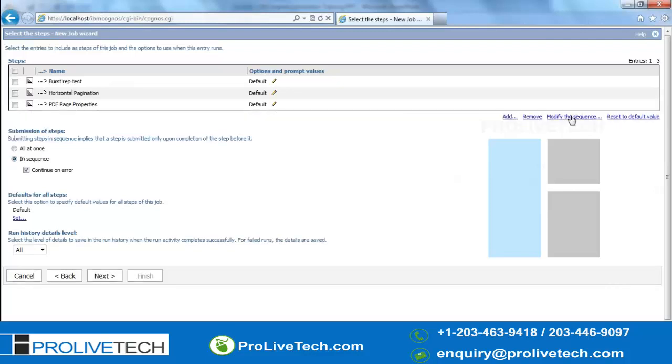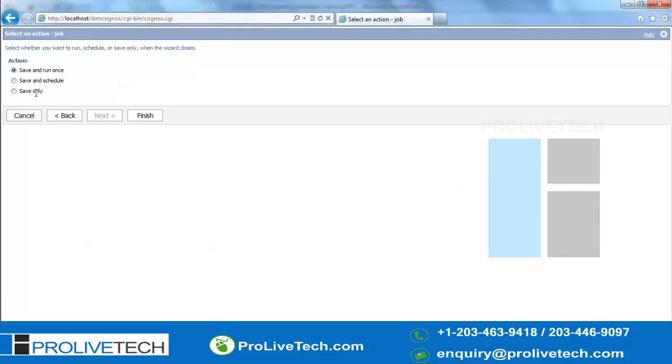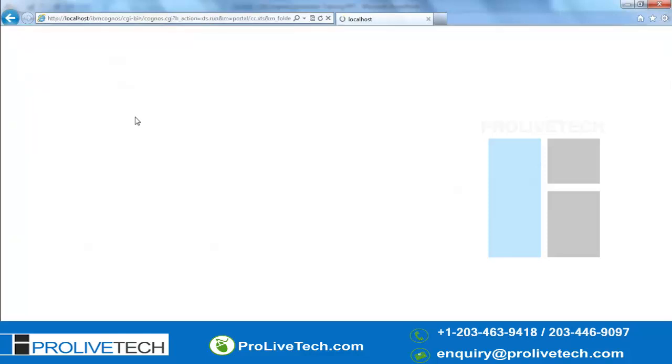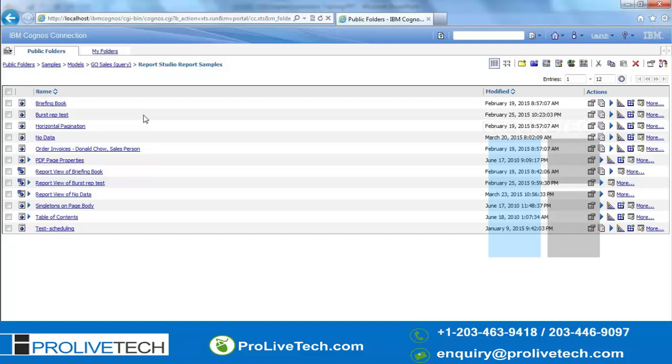You can modify the sequence, which one goes first. You can just select next and then save and run once, save on schedule, or save only. Using this option we can finish it. So that particular job will be created, and by the time you specified, the job will trigger.